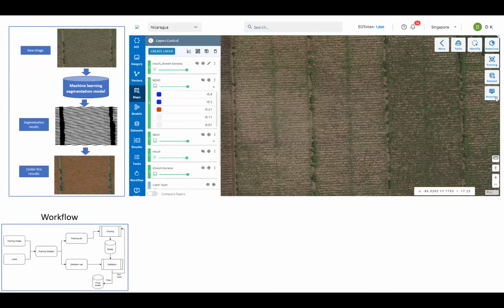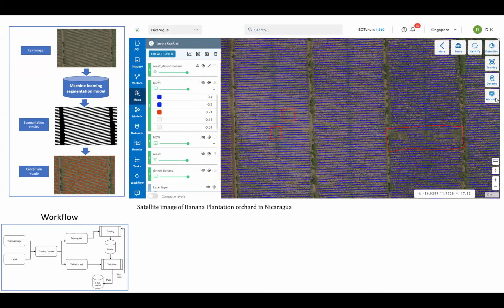and wanted to know the tree counting and how the banana crop is performing. So what we did was we did all our modeling on that. We took very high resolution satellite imagery. And based on our model, we did this analysis where it automatically detected the length of the line. Based on the length of the line, we can calculate the plant to plant distance, row distance, and then tell the population. And we also gave them the information about where there is a gap, where there is no crop.